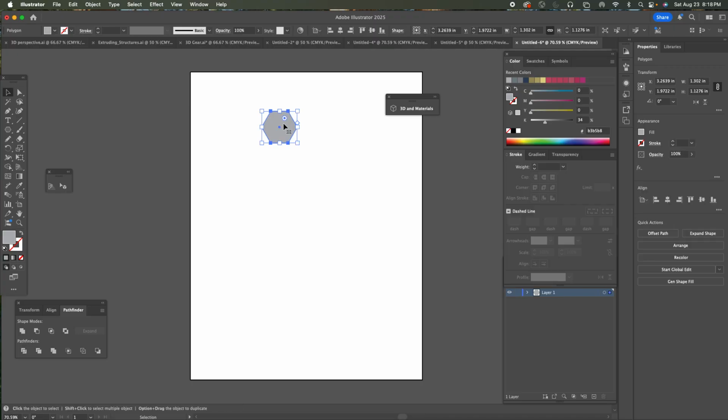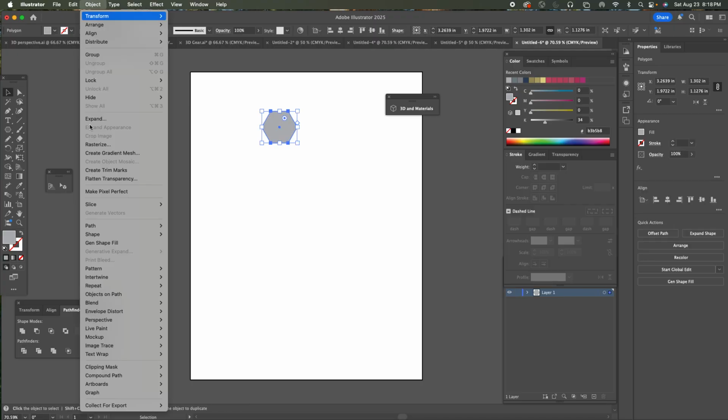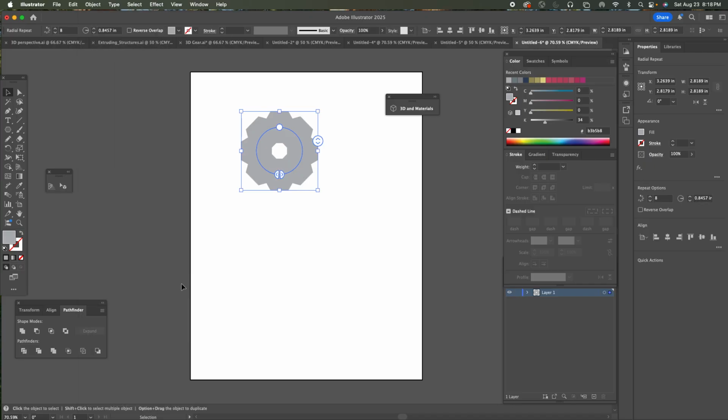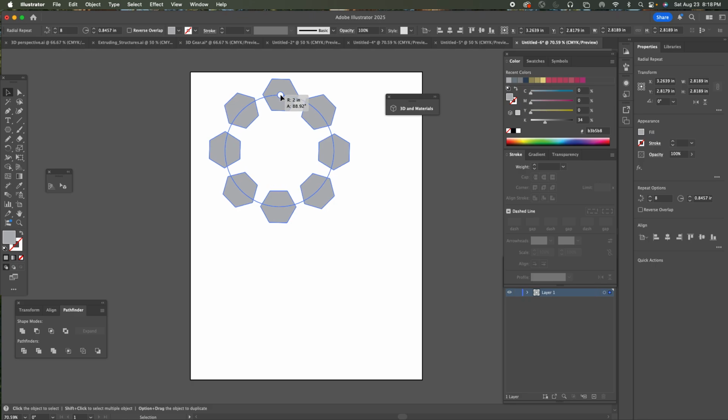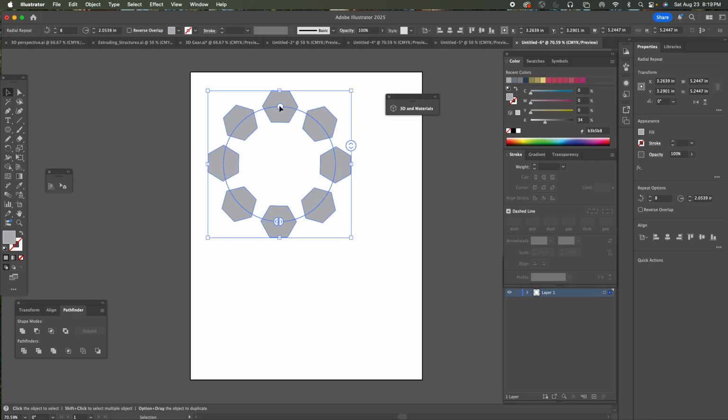And anyway, what we're going to do is we're going to rotate this thing, okay? And you may have done this before, I don't know, but what we can do is, if we go up under Object, there's all these different things we can do here. We're going to repeat and radial. If you use the iPad version of Illustrator, this will let you actually do it. And it's actually a little easier to get to, okay? But what I want to do is pull this out a little bit so we get something more like that. So I'm pulling on this here,